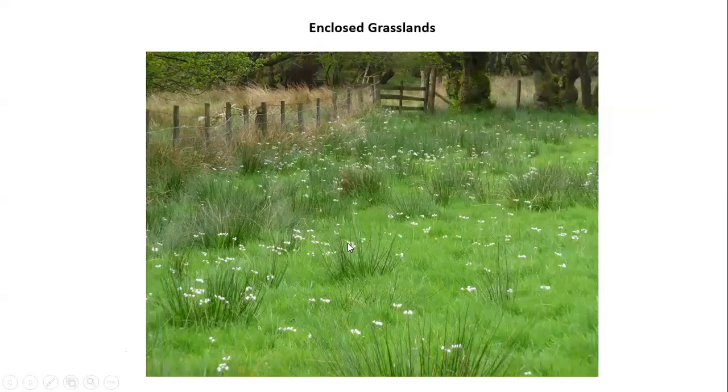Well, this is a typical enclosed grassland. So this is a bit of pasture. In this case there's some soft rush. That's that spiky plant there, that's a rush. It's called soft rush, and it grows quite widely all over Ireland and the UK, and it's a good indicator of damp ground. So if you see soft rush and you don't want to get wet feet, then maybe avoid that particular patch. And in this case, what's growing with it here is a plant called the cuckoo flower,